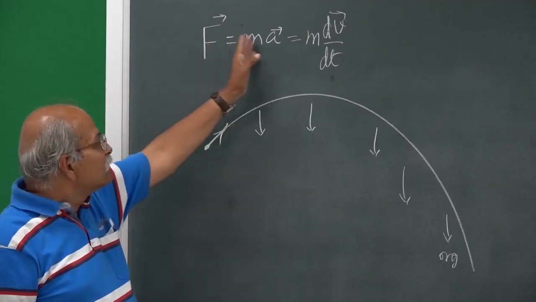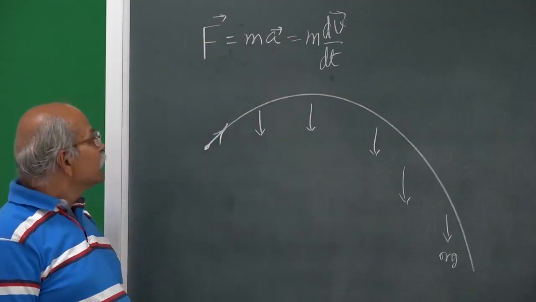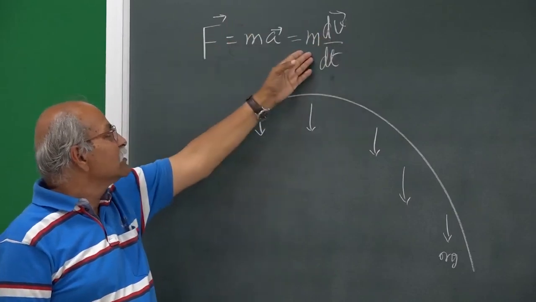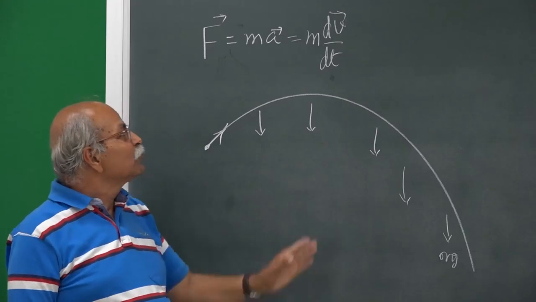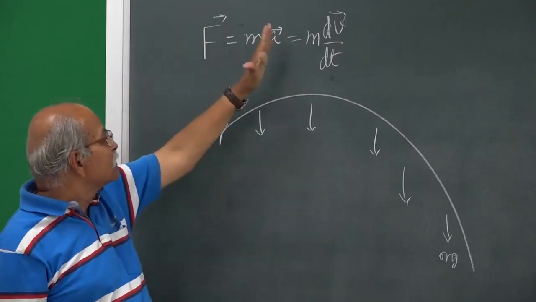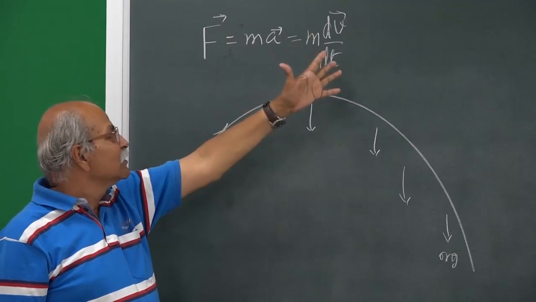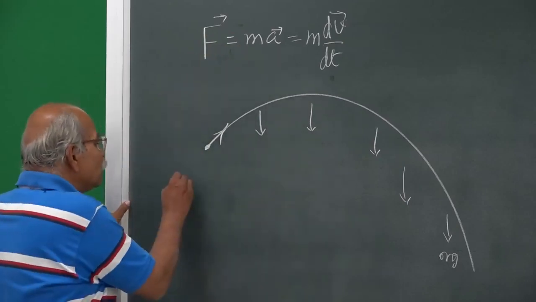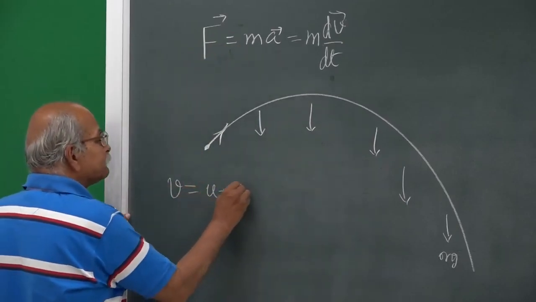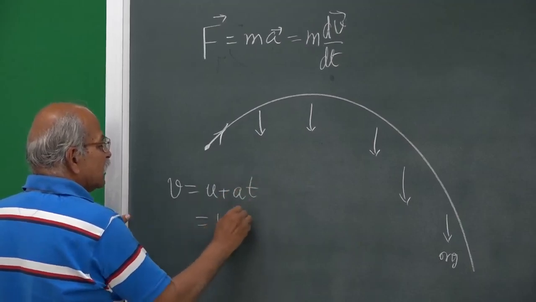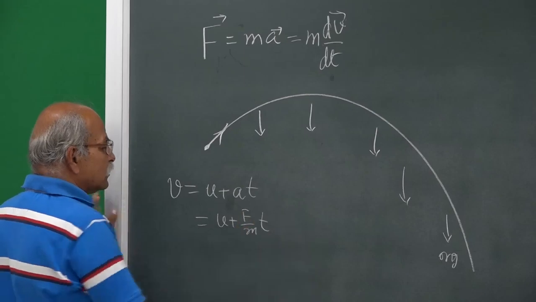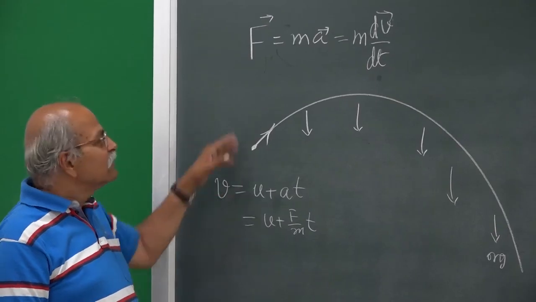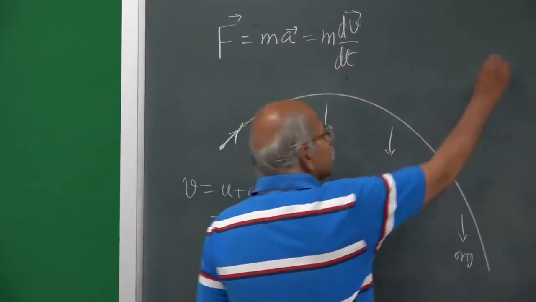And that comes from this particular equation. Then this acceleration is just given by the force divided by mass. Mass is of course mass, and therefore, if you have a constant force in a fixed direction, and the motion starts in that direction only, the speed will keep on increasing. We know all those equations: v is equal to u plus at, and this a is F by m, into t. So, as time passes, this velocity keeps on increasing beyond any limit. These are regular Newtonian mechanics equations.